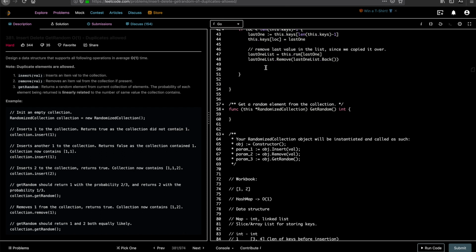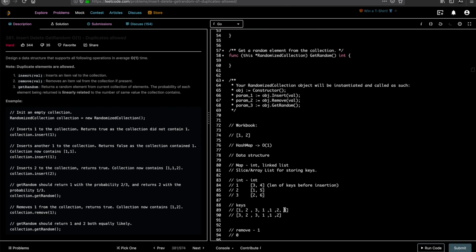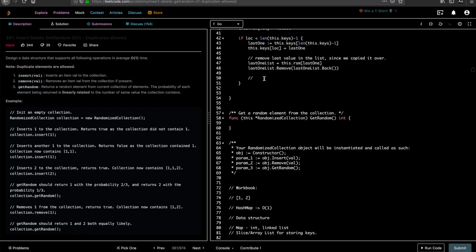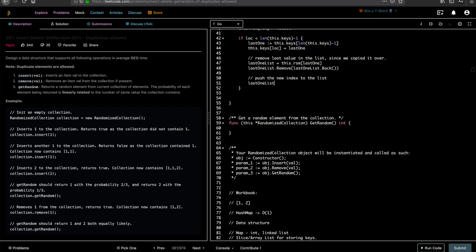Alright, so once we did that, what we'll do is push the new location, right? So we removed 3 at index 6, but we kept it at 0. We have to tell the list that the new index is at 0. So push the new index to the list. So the last one dot list,